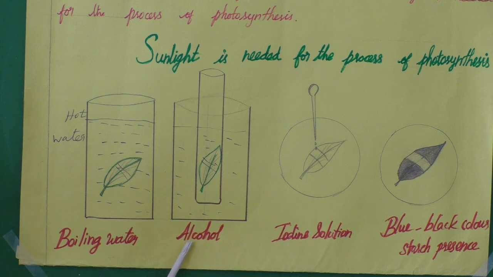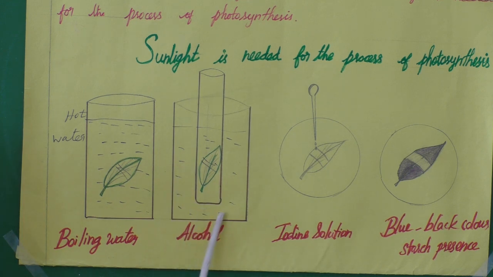So you take this alcohol in a test tube, and this is boiling water. What is in the beaker? It's boiling water. We call this one a test tube and this structure a beaker. Okay, so inside the beaker hot water is there, in the test tube alcohol is there. So take the leaf from the hot boiling water and directly put it into this alcohol-containing test tube, and again you boil it.